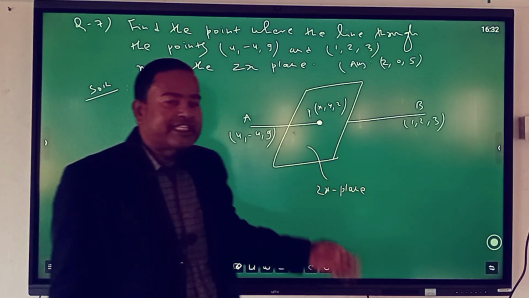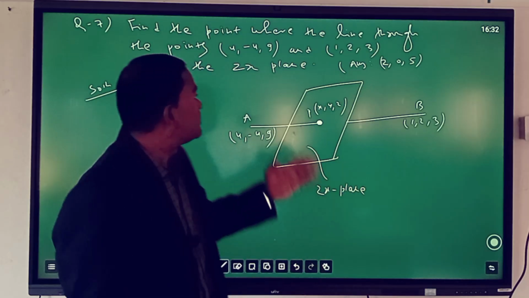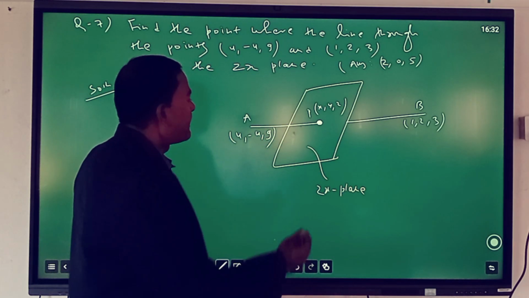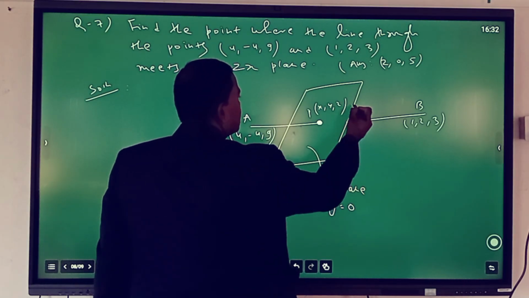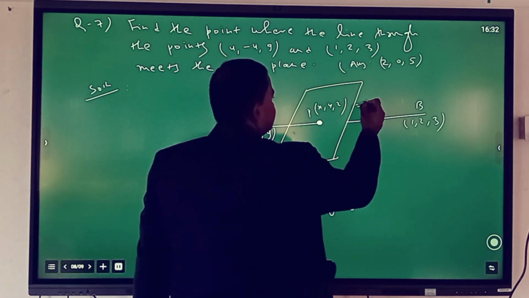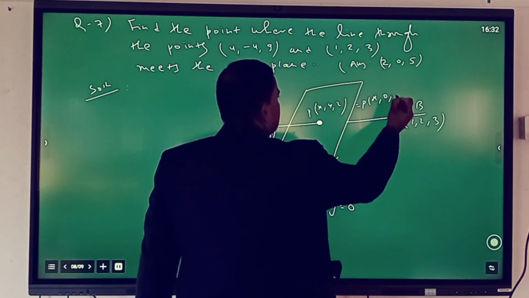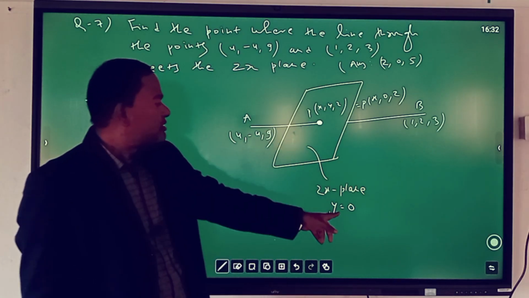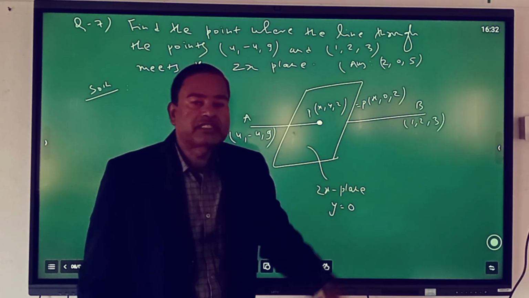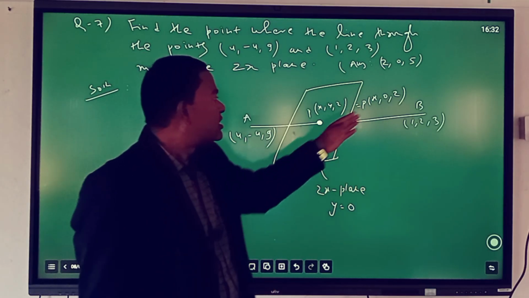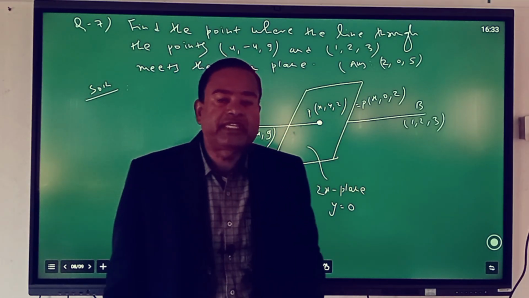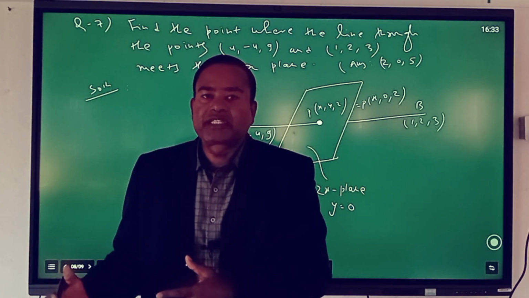Dear students, in zx plane, already we have discussed in question number 6, in zx plane the value of y is 0. So the coordinates of the point P we can write as x comma 0 comma z. Now in order to find out the coordinates of the point P, which is x comma 0 comma z,